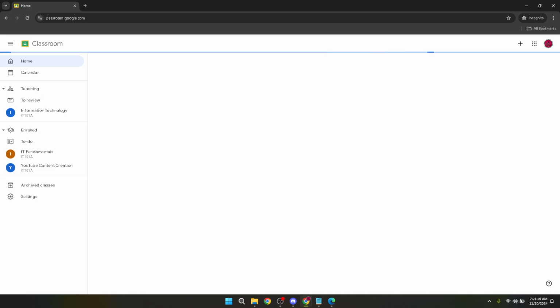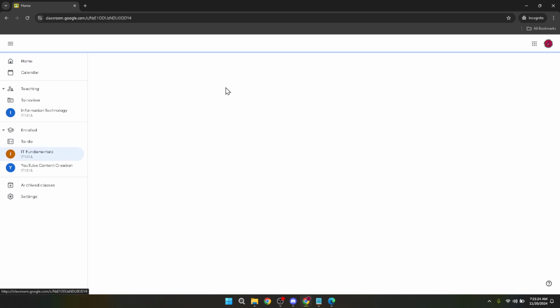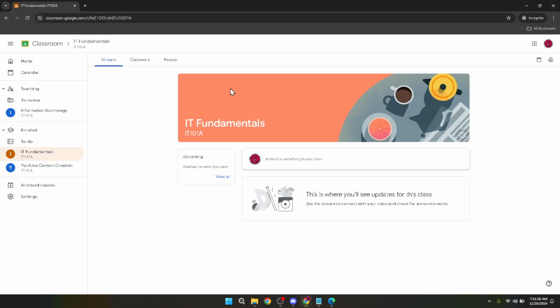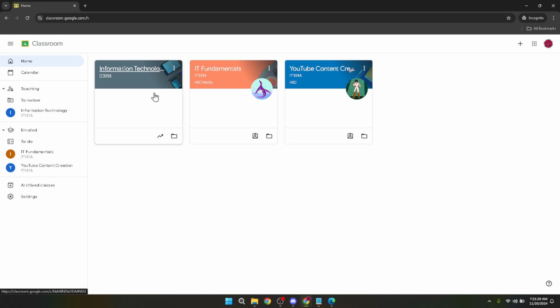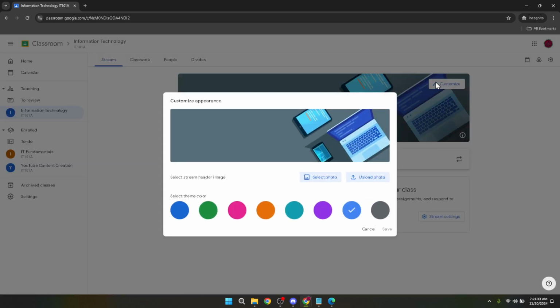Within Google Classroom, you'll see an array of different classes you're either teaching or enrolled in. Click on Your Classroom, the one you intend to customize. Upon entering your classroom, your eyes will be drawn to various options for interaction and customization. Here we're specifically looking for the Customize option. This button is your magic wand for today's exercise. After clicking Customize, you're now in the driver's seat for how your Google Classroom presents itself to everyone who enters.